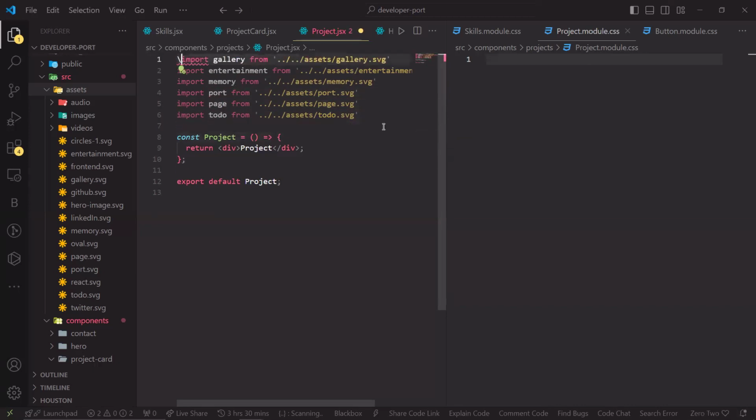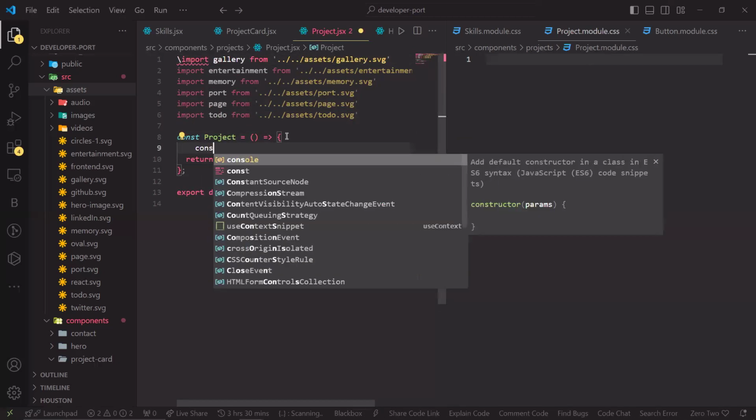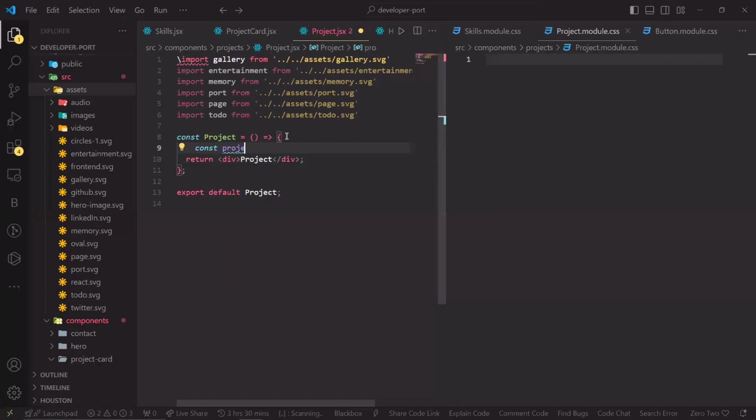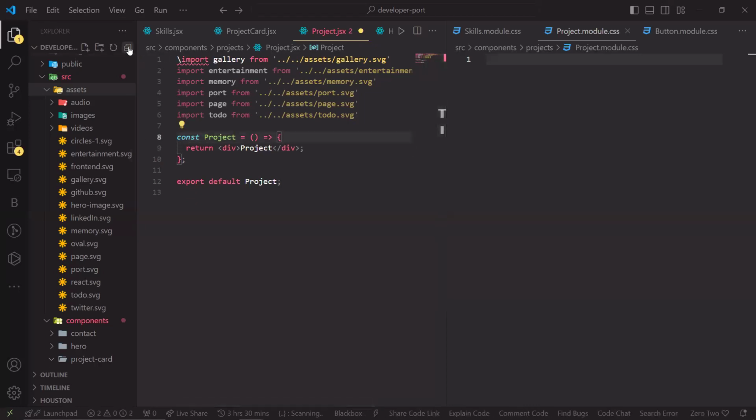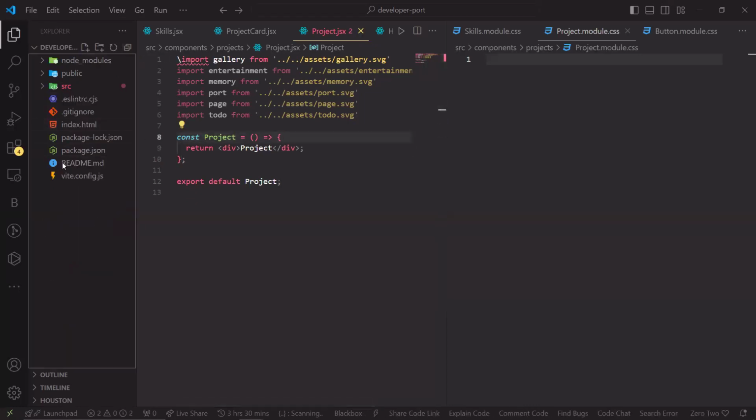So let's replicate a real life situation now. For that, let's make an object. Let's say const project, or let's even put this outside now, because in some cases you don't know where this is coming from. You have to perform a fetch function. So I'll come to the body of our folder and put a